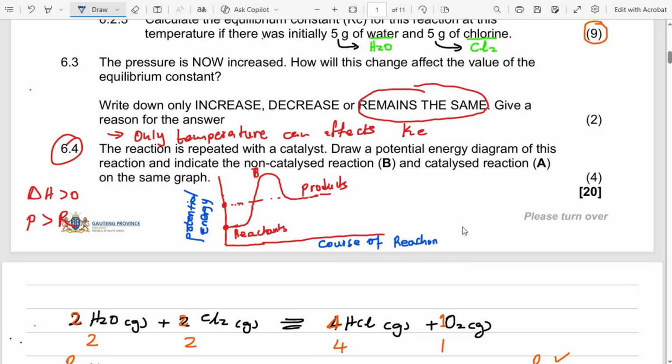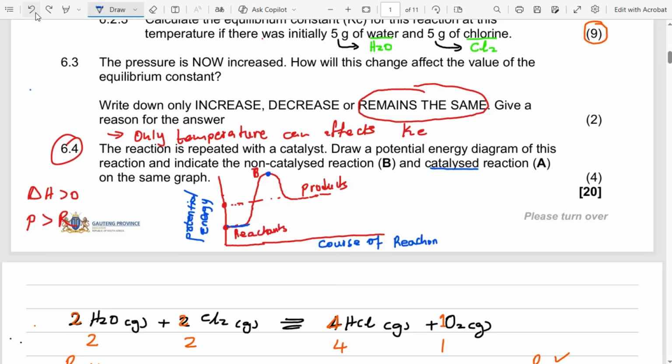So remember, when you add a catalyst, the catalyzed one will have a lower peak. So if this is your activation energy, the catalyzed one will reduce the activation energy, but the amount of the reactants and the product should remain the same. So if I do it like this, it's almost wrong. It should go in the same direction as that one,